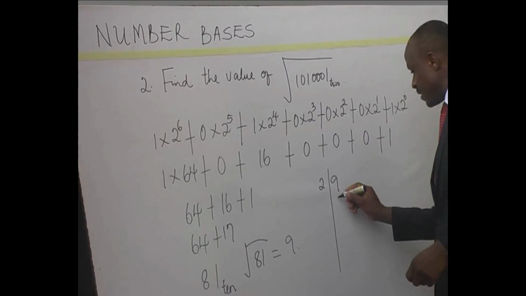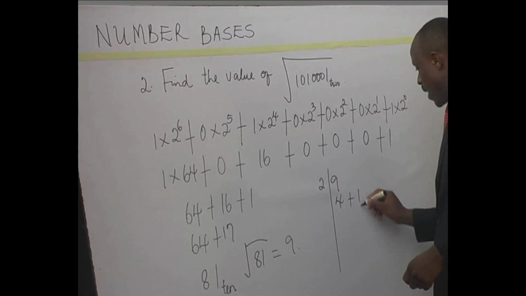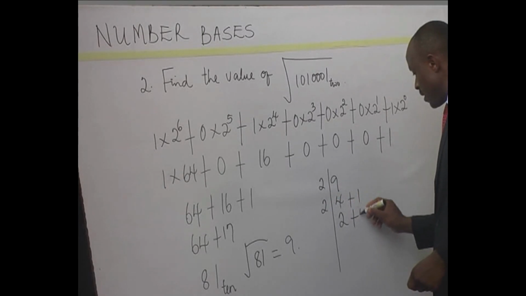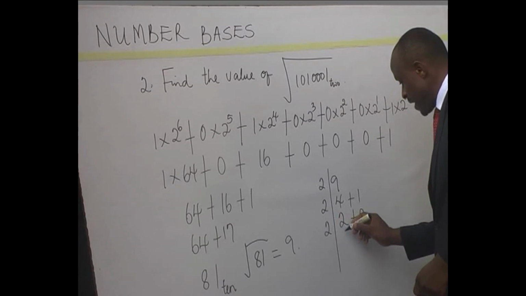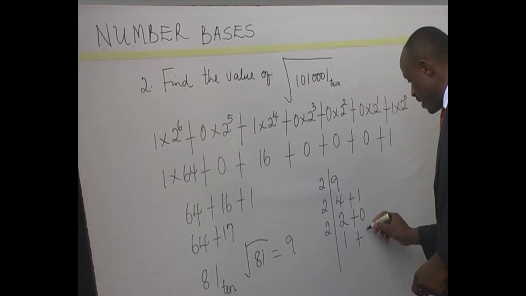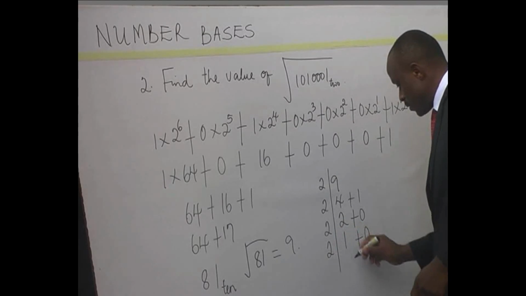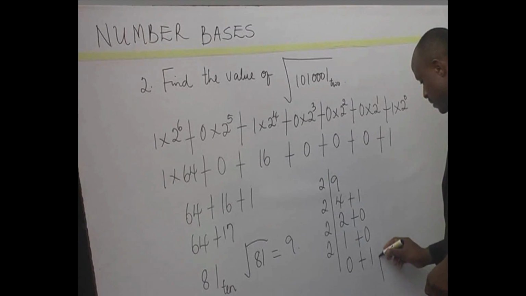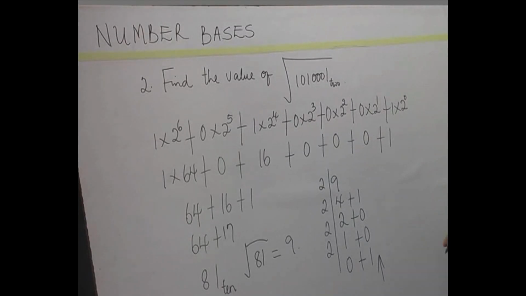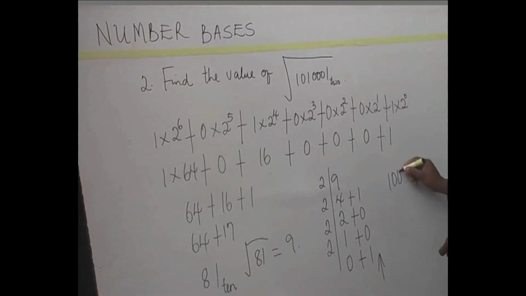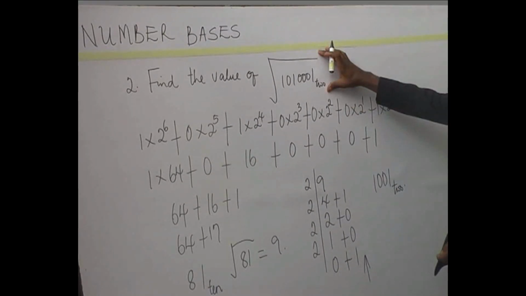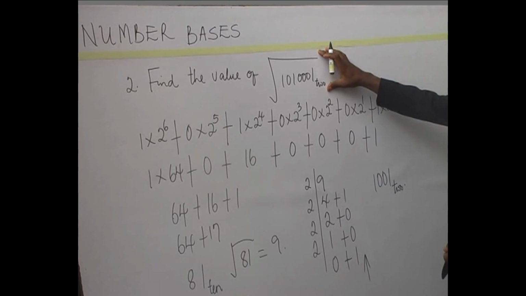2 divides 9 is 4, remaining 1. 2 divides 4 is 2, remaining nothing. 2 divides 2 is 1, remaining nothing. 2 again here is nothing. Bring down the 1. Please, this is the order you take your value. So we have 1 0 0 1, 1 0 0 1 base 2, as the value of the square root of 1 0 1 0 0 0